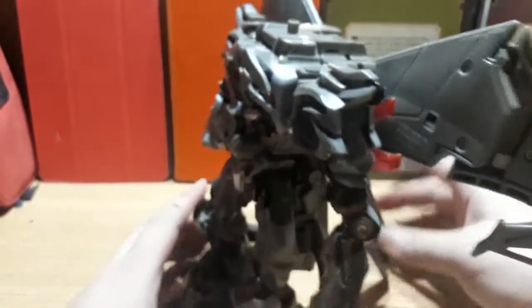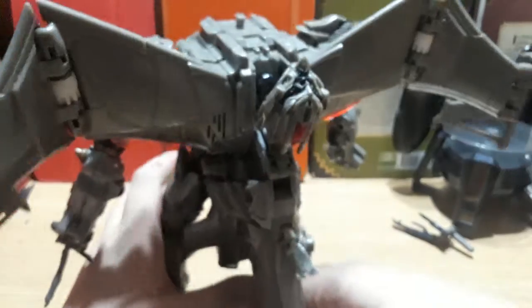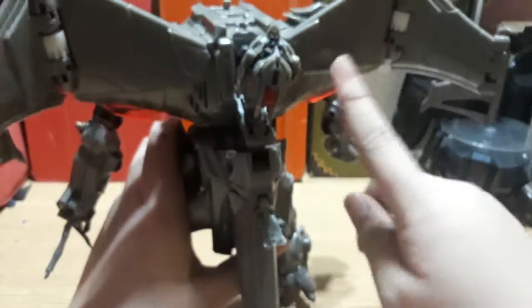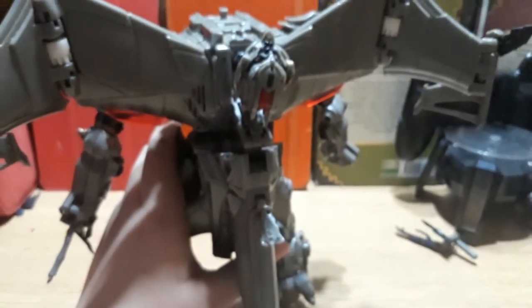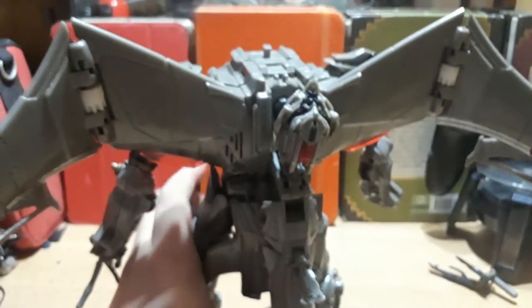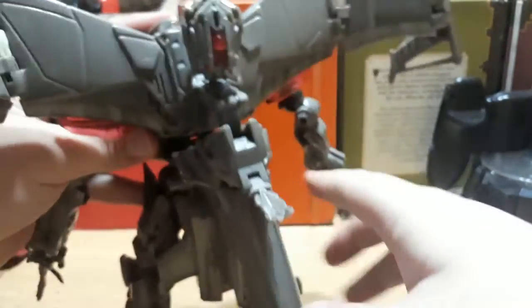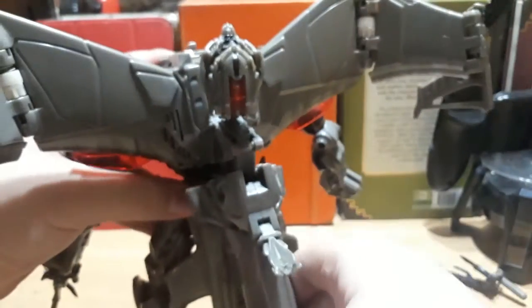Now, another piece of automorph that I do like is the back. Now, as you can see, the head is pretty much exposed. Now, what you do here is, as you can see, the wings automatically fold. I'll just get the figure. They folded out of nowhere. Now, what you do here is actually